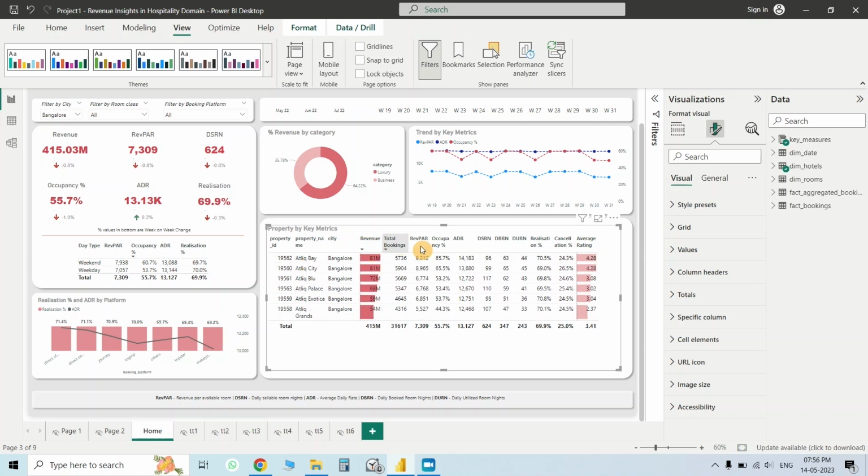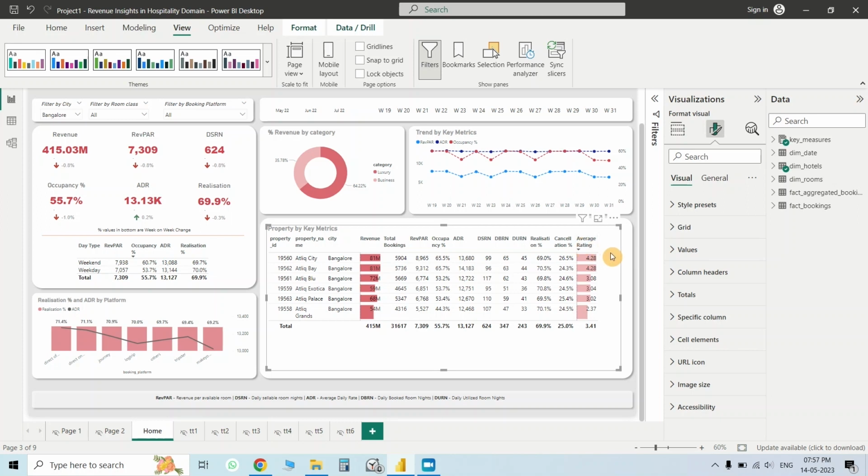And here also we can see that total saleable room nights is 96, total booked is 63, and total utilized is 44. And this is the realization percentage, and this is the cancellation percentage, and the average rating of the hotels. See, we can see the highest average rating will be the highest revenue. So here also we will get the insight that the average rating in the internet or any online portals will attract the customers. So the company or the particular hotel should focus on increasing the online presence, and they have